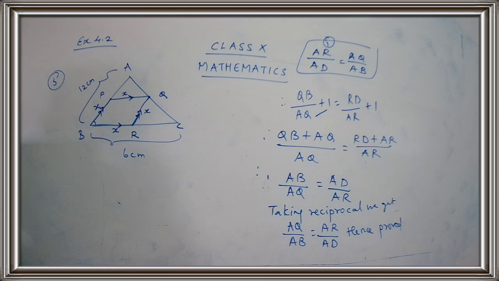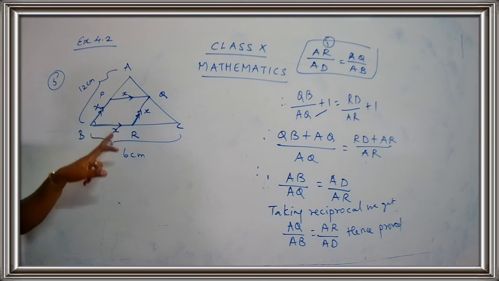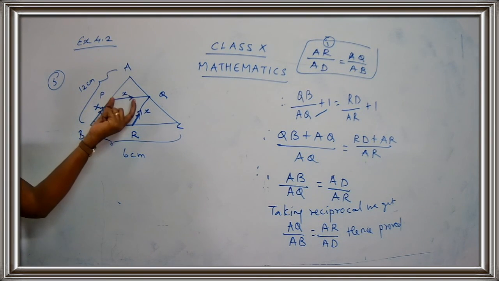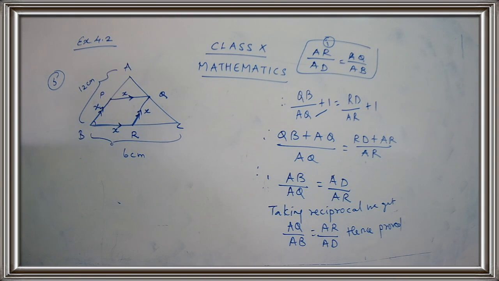So now what are we going to do? We have two sets of parallel lines, so we are going to get two different sets of triangles over here. That is, we are going to get two triangles, okay? So first of all, I am just going to focus on this parallel line. Just see here, children, I am going to take lines PQ and BR. That is, I am going to consider PQ parallel to BR. Shall we start, children? Write down.